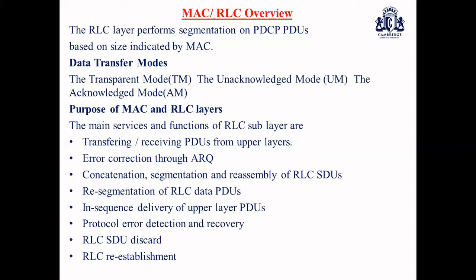So it is majorly used by error-sensitive as well as delay-tolerant applications, such as VoIP, which we discussed. It is also used in this AM mode. An AM RLC entity can be configured to deliver or receive RLC PDUs through two different means, that is DCCH as well as DTCH, dedicated control channel as well as dedicated traffic channel. The operation with respect to an AM RLC entity is almost similar to an RLC entity, except that it supports retransmission of RLC data PDU.